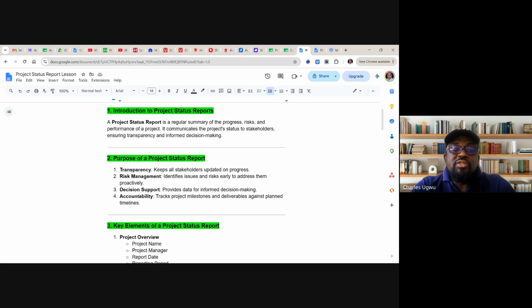So another purpose is decision support. With the reports, you keep providing data and information for decision making. If you keep on updating your line manager or the project sponsor, who might become a HOD, for instance, if you are implementing an ERP or CRM for the organization, most people who are going to use the CRM are within sales and marketing. So if the sales and marketing HOD is your project sponsor, you know that these